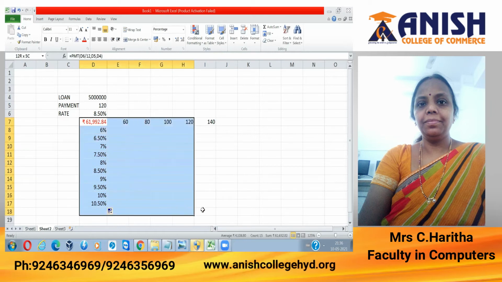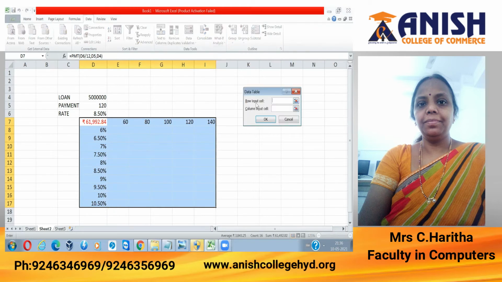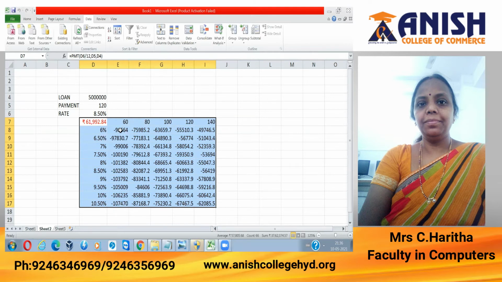So here we'll make a grid of these values. Select this complete grid. In Data, under What-If Analysis, you have Data Table. The row input determines the number of payments and the column input determines the rate of interest. Your grid is filled.